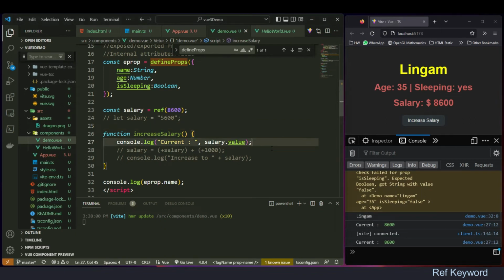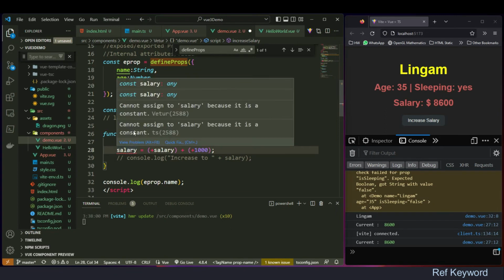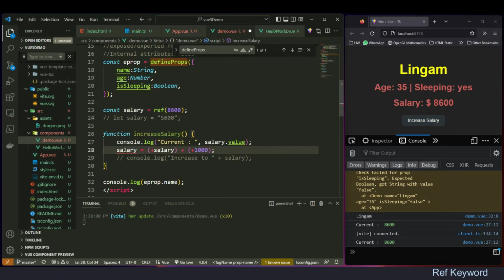Now, what we need is to increase the value. Earlier we were doing something like this. Now it will not work because salary is a constant, and you will not be able to change the constant once it is assigned. So the only option, as we already know, is instead of setting the constant, we set the value directly, and not like this. Let's say there are two ways how we can do this, but I will just directly use salary.value